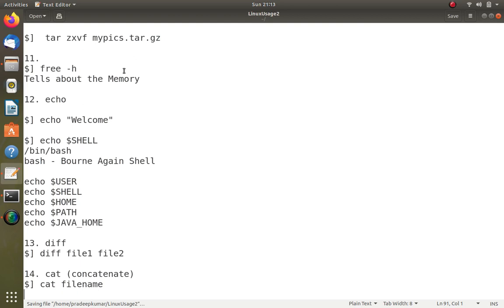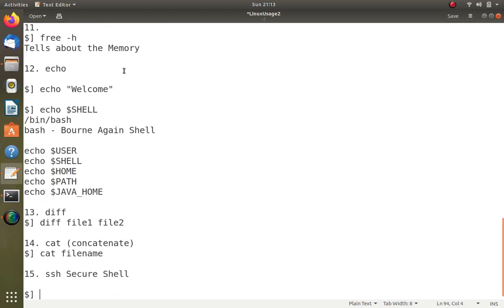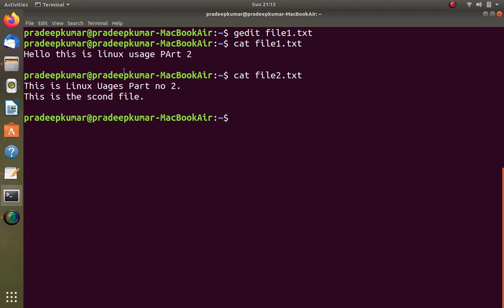Now the next thing I thought of telling you is the secure shell. The 15th command is ssh, which we call secure shell. This means I can remotely connect to any other Linux machine across the world, directly from sitting here. We are running so many servers in our campus. Let's say I want to get the IP address of one server.